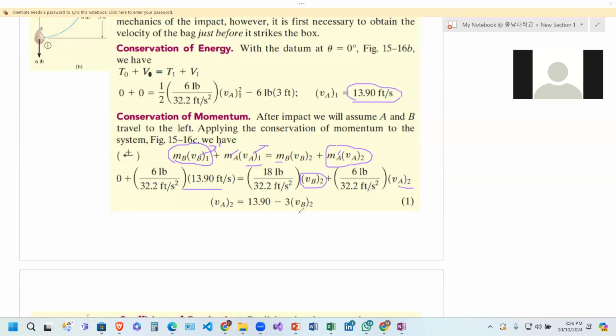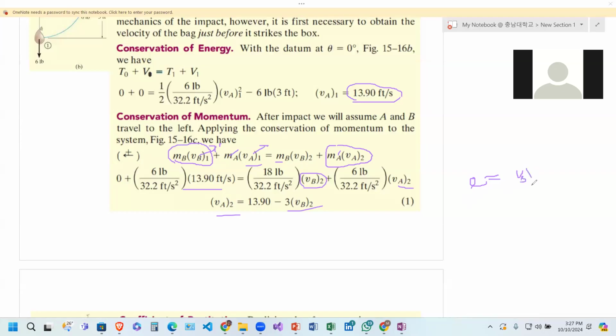From there, we can get a relationship between VA, the final velocity of the box, and the final velocity of our bag. So this is for the box and this is for the bag. And then we realize that our VA is the same as 13.9 minus 3 VB, or the final velocity of the box. But remember also our e, they gave us the value of e, which was 0.5, remember? And then we remember that e is the same as the velocity of the box, which is VB